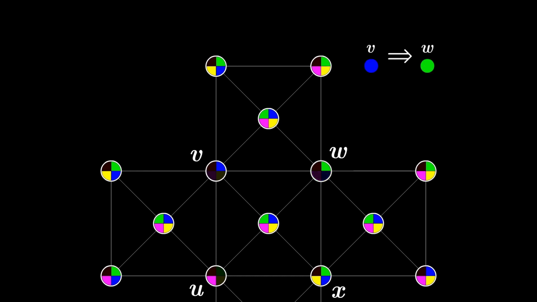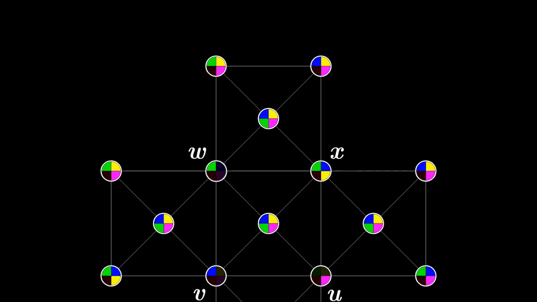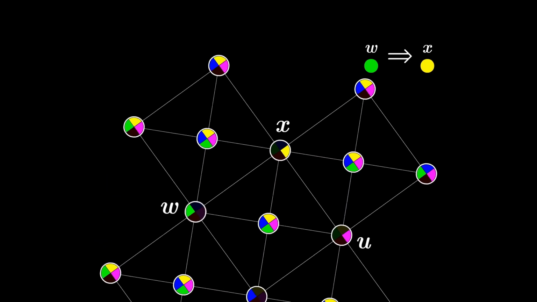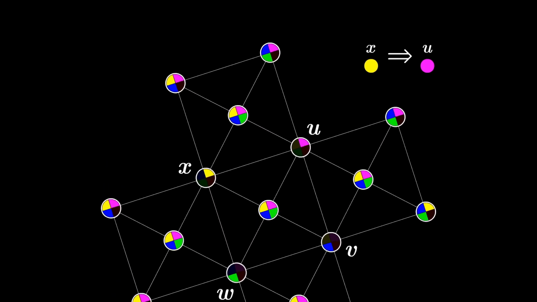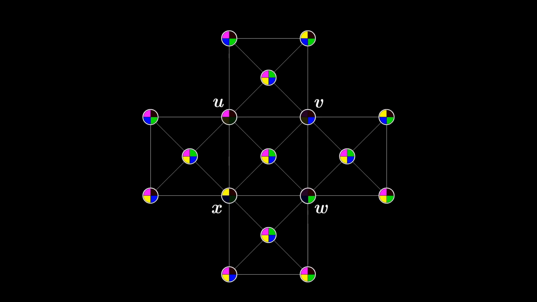In a similar way, since vertex V is blue, vertex W must be green, since we have a similar situation with the colors here. And again, once we have colored vertex W green, vertex X must be yellow. And now note, in this last square, we again have that X being yellow implies that U must be magenta, which is okay since we already chose U to be that color. But now, the central vertex cannot be colored, since the 4 vertices of the central square have 4 different colors. Therefore, we conclude that our initial choice of coloring U magenta was not correct.